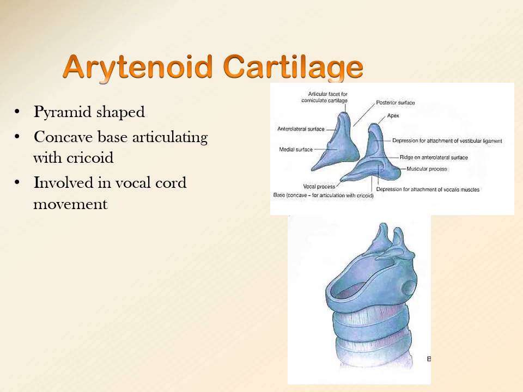الكارتلج الرابع باللارynx هو الأريتينويد cartilage. هذا double cartilage or paired. كل واحد من الأريتينويد cartilage هو pyramidal in shape. Has superior, anterior and lateral processes. The anterior process called vocal process that provide attachment for vocal cord. The superior process called apex articulate with the corniculate cartilage, and lateral process is the muscular process that attach with